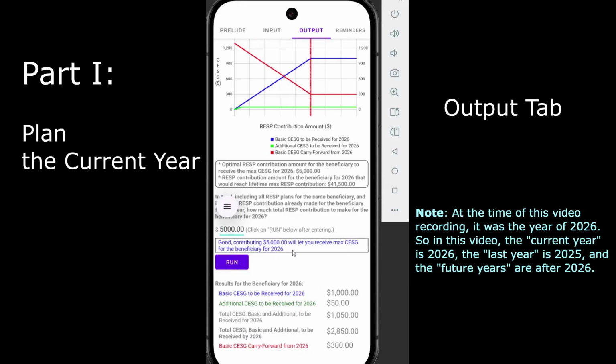You can look at the corresponding CSG results and recommendation messages to decide the RESP contribution amount. Note the total CSG, basic and additional, to be received by the current year 2026. This amount will be used in the input field 3 for running the next year 2027.